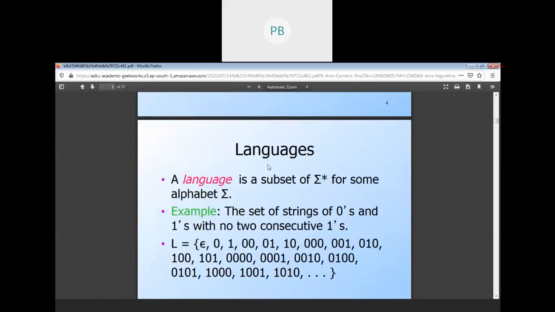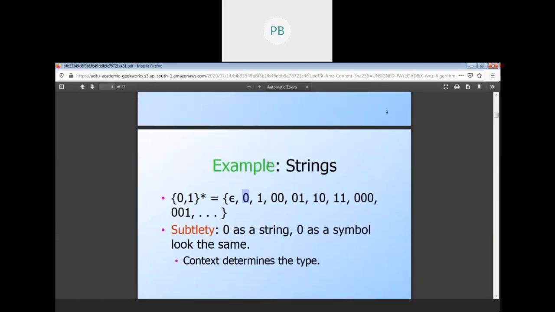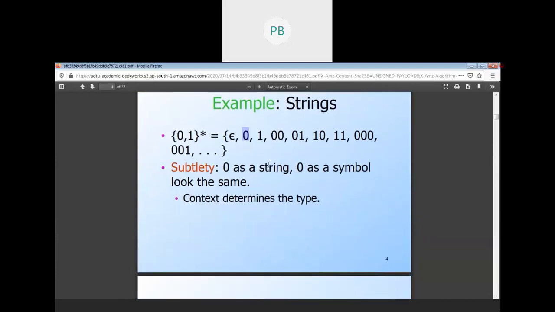Next, language. In the very first class, I already told you that this is a theoretical study of the computer system. For a theoretical study, we need a platform, something through which we can assess the information.